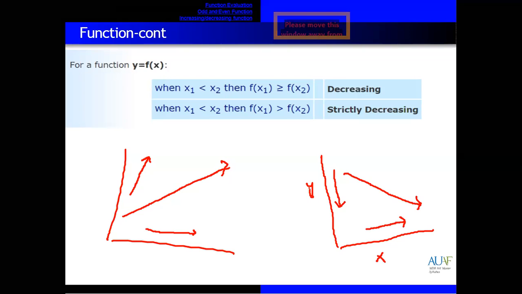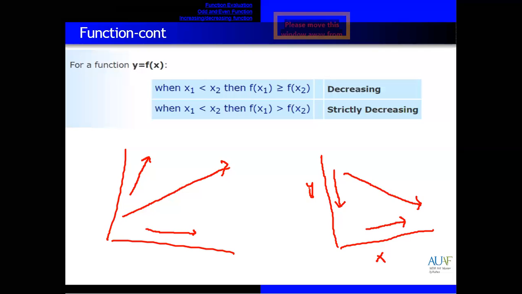Increasing and decreasing functions also show the relation between two variables. Increasing function means a positive relation. Positive relation means when one variable increases, the other also increases. Like when the number of students increases, definitely the income, revenue or profit of the university will increase. When the number of customers increases, revenue will increase. This is an example of an increasing function.